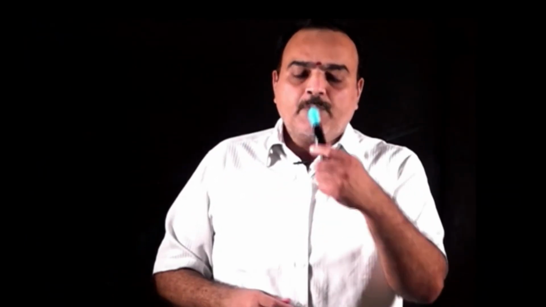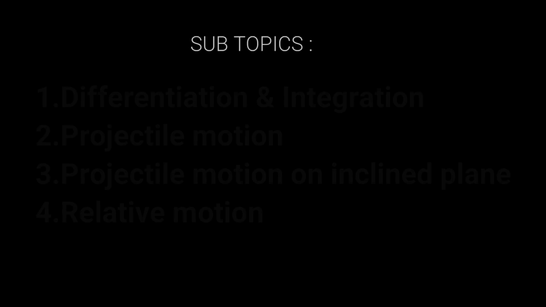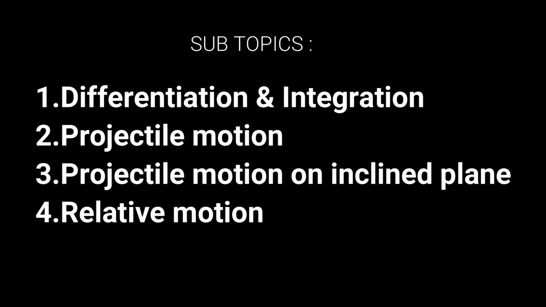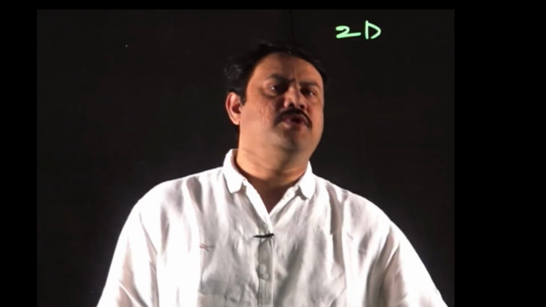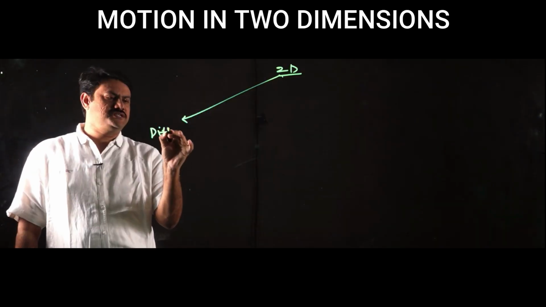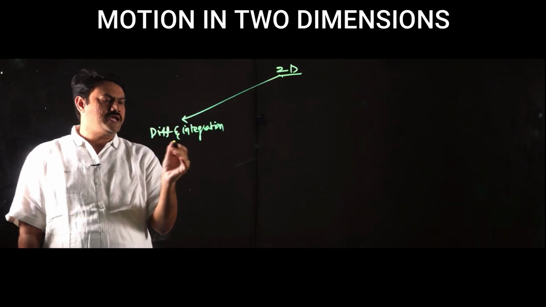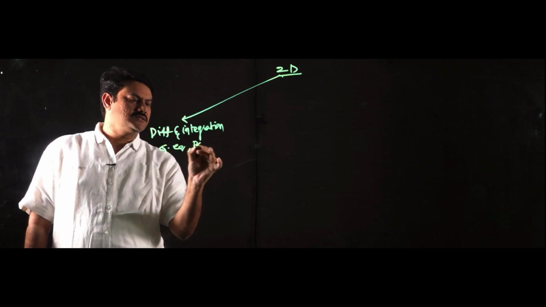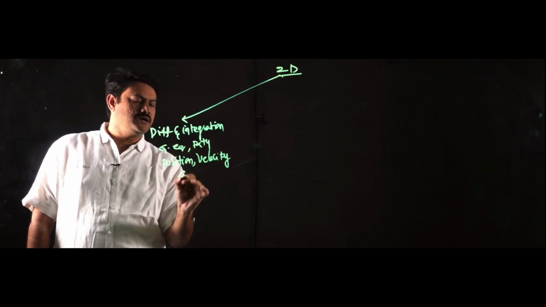So if you look at now what are the subtopics under the heading of motion in 2 dimension, I will display here now what are the different subtopics. Hello students, in 2019 and 2020 Advanced and Mains examination point of view, in 2-dimensional motion, the main important subtopics are: first one, differentiation and integration related problems to calculate general equation, path, position, velocity and acceleration.